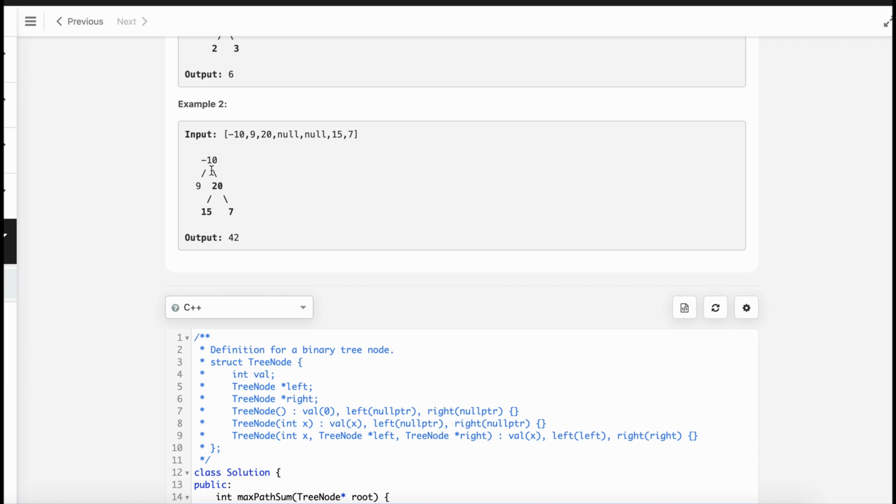So it will return to its parent 15, but after doing this it will, like, returning will be 35 to this node, but